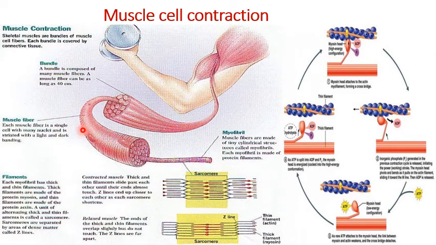Here you can see the nucleus present on this muscle cell or muscle fiber, and they also contain striations, which are dark and light bands. When this is enlarged, you can see that each muscle fiber is made up of myofibrils. Here you can see the cylindrical shape; this is a myofibril. These myofibrils are cylindrical in shape, and each of them is made up of protein filaments.